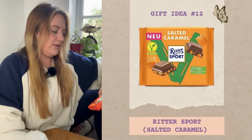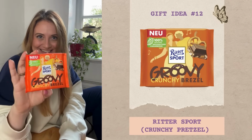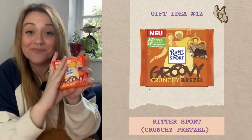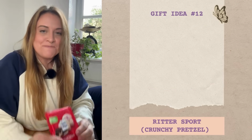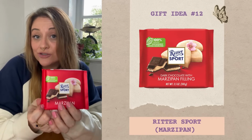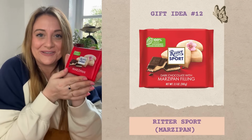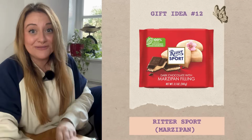And also, this one seemed super crazy, and I thought they would like the one with the Brezel, the pretzels in it. So it's crunchy Brezel. Oh, is that it? I thought it had something else in it. Anyway, I got that, so hopefully that goes really well. And then the last one of these is with marzipan, which I never had until I moved to Germany. It is a beloved sweet treat. They put it in everything, cookies and cakes, and they eat it alone. So of course I always get this, and that leads me to my next one,